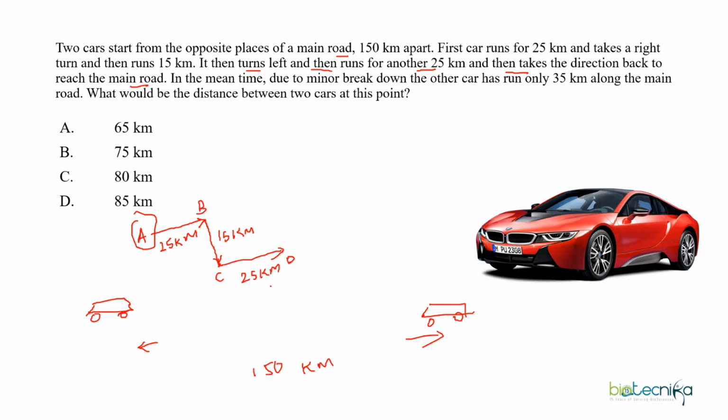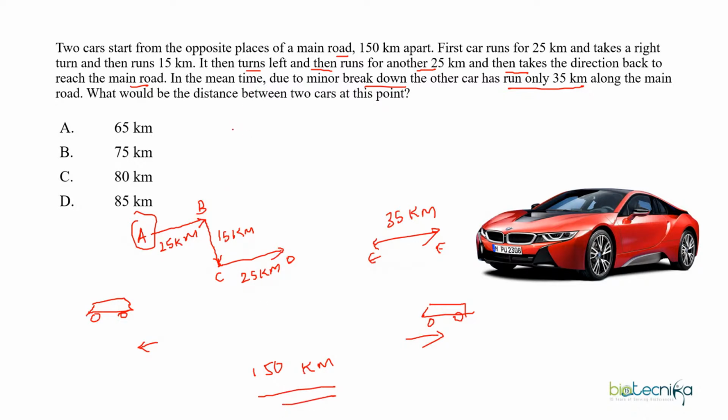वो इतना ट्रैवल कर लिया, ठीक है। Second part of the question it says due to minor breakdown another car runs only 35 kilometer, that means अगर एक कार हो गया जो suppose E और F है, ये सेकंड कार है और ये केवल 35 किलोमीटर ही चल पाया, right. So what would be the distance between the two cars at this particular point? इन दोनों कार के बीच का डिस्टेंस निकालना है।